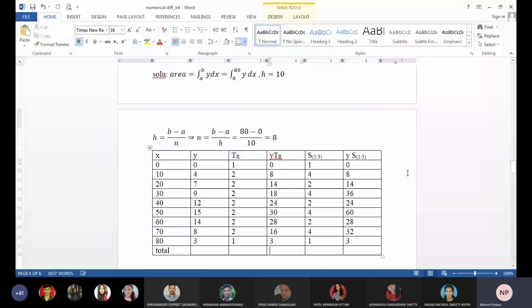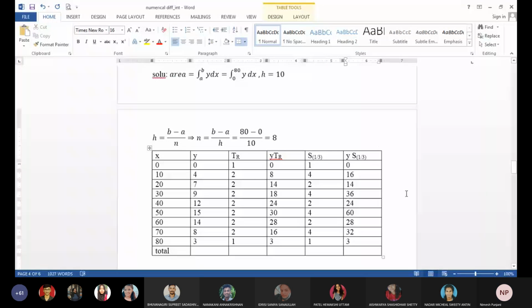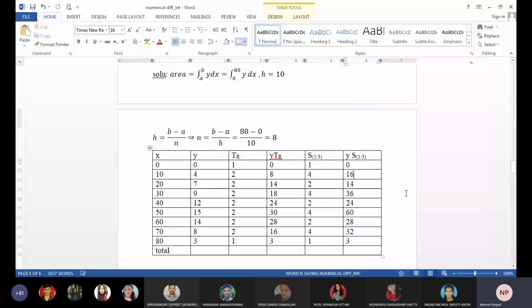हाँ, ओके, गुड. मैंने ये TR का वैल्यू ले लिया. ओके, हाँ, गुड. तो दूसरा वैल्यू भी चेक कर लो एक बार. 9 4 36, 12 2 24, 5 4 60, 14 2 28, तो 36 के बाद 48 आना चाहिए. 36 के बाद मतलब 40 के लिए. ये रो की बात कर रहे हो, ये वाला वैल्यू? नहीं सब बराबर. ओके,